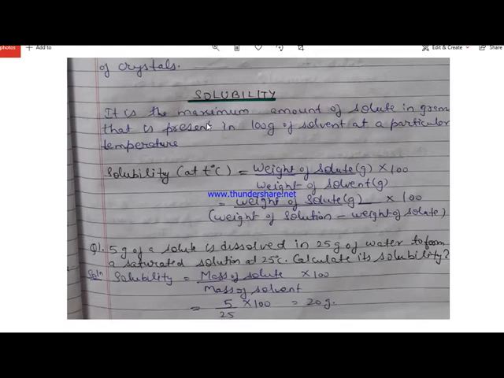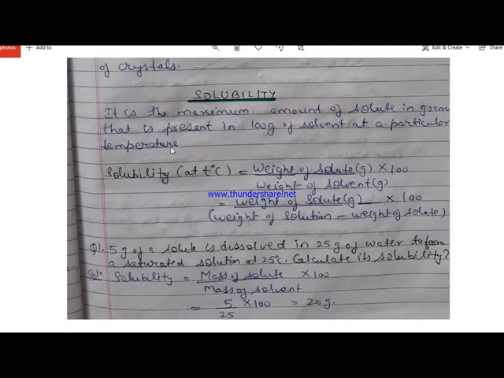Solubility is the property of a solute to get dissolved in water or any other solvent. It is the maximum amount of solute in grams which is present in 100 gram of solvent at a particular temperature. Solubility is always measured at a particular temperature because it varies with increase or decrease in temperature. So the amount of solute present in 100 gram of solvent at a particular temperature is called the solubility